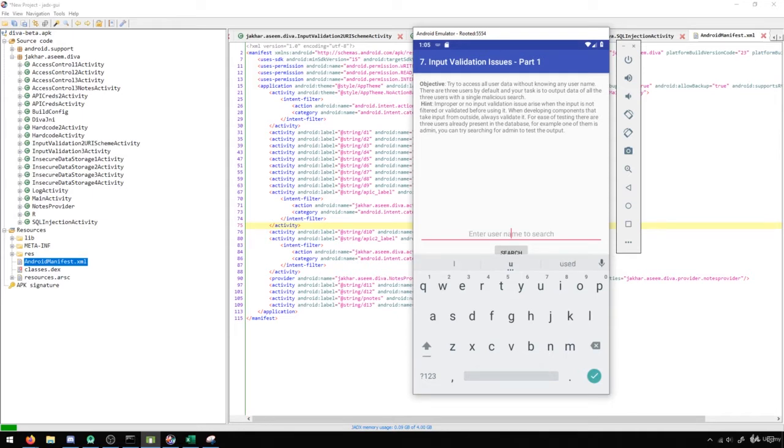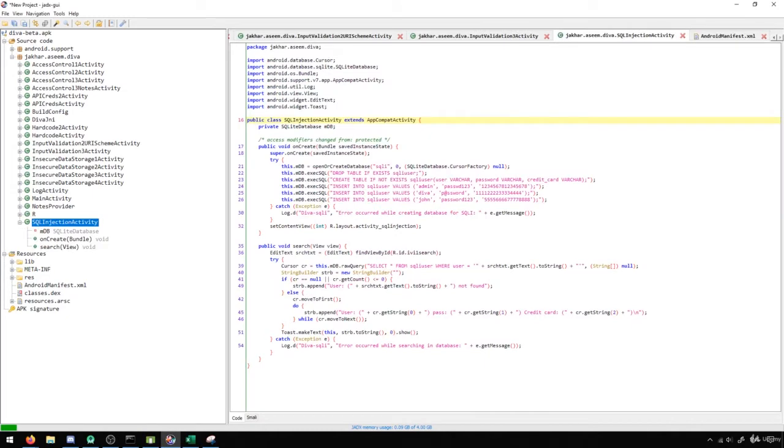So you can see it will echo back whatever value is inputted, and it will tell us that it's not found, or it will echo back the details of the user, presumably, if we input one that is found. If we're looking for the code that's related to this, we can go into SQL injection activity, and this will show us exactly what's going on. As you can see here, it's doing a raw query against the database, and this is the query that's actually happening. And you can see that when it encounters an exception, it's going to show the exception